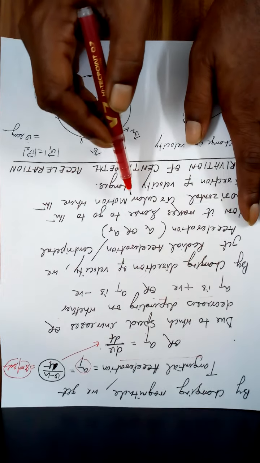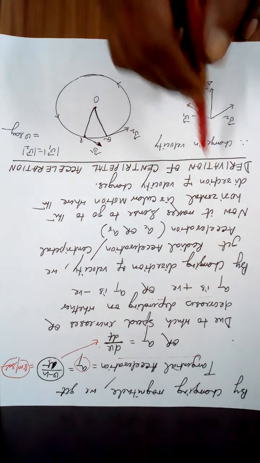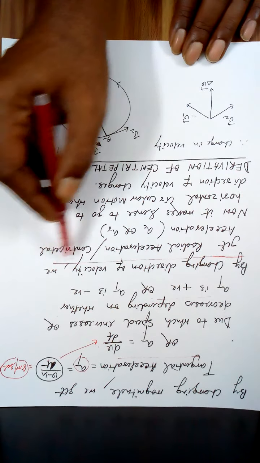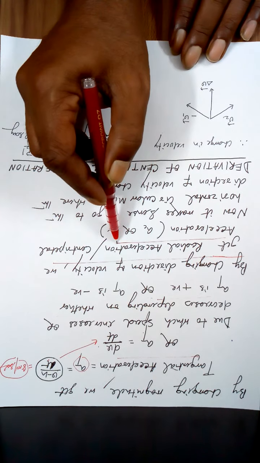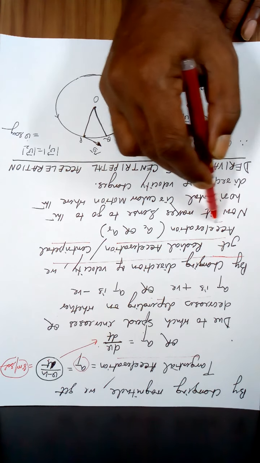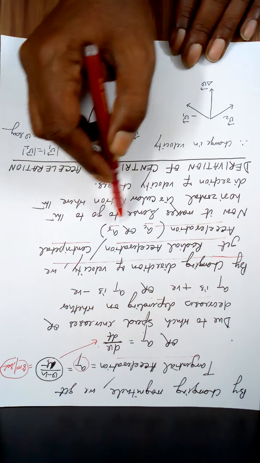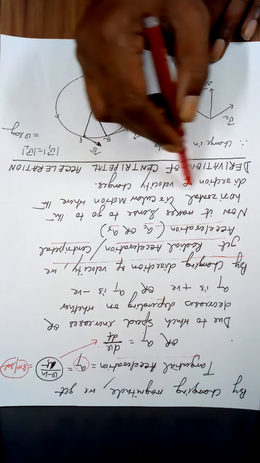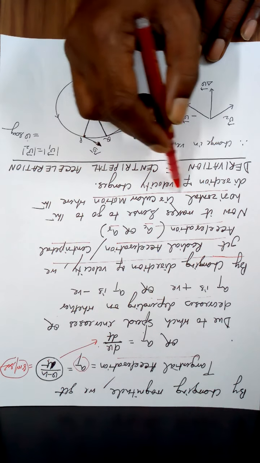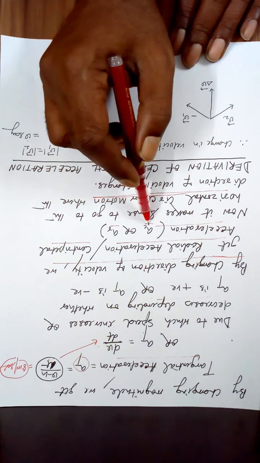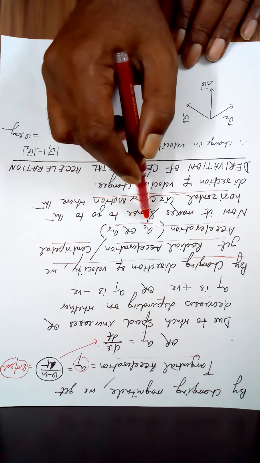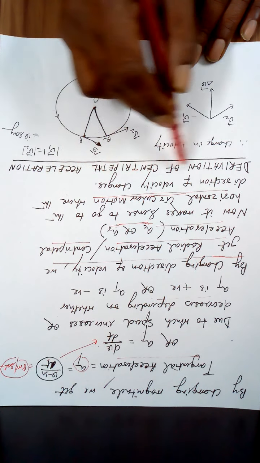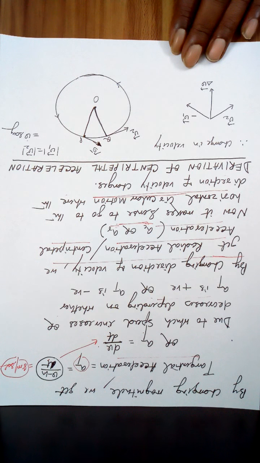Now by changing the direction of velocity, we get radial acceleration, also called centripetal acceleration. The symbol is a_c or a_r. Now it makes sense to go to horizontal circular motion. We can study horizontal circular motion once we have understood these accelerations, when the direction of the velocity changes.